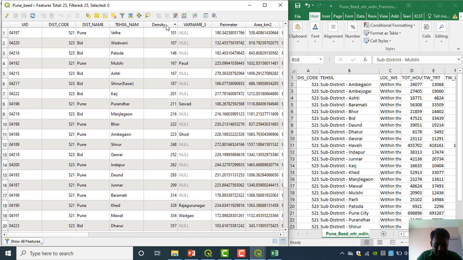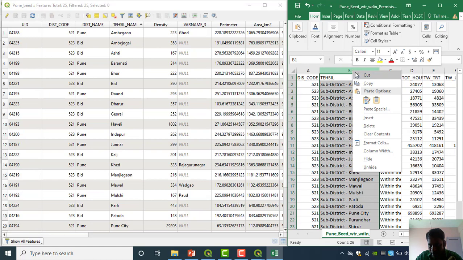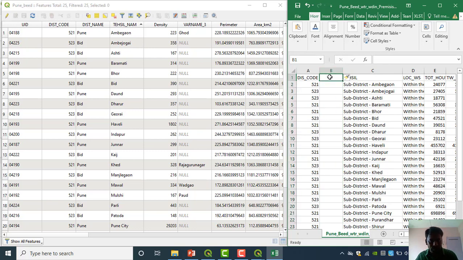Again ascending order. Ambegaon, here Ambegaon. Now we have to generate the density column here as a primary key. Again I am right clicking here and inserting, and that column will be generated here. Now I am going to do the density column.